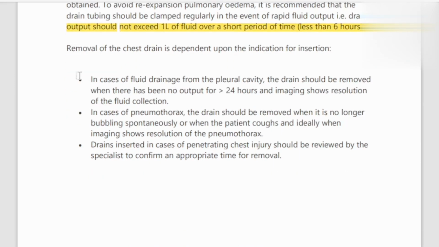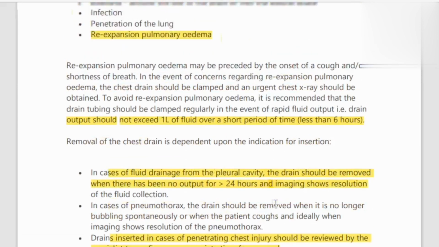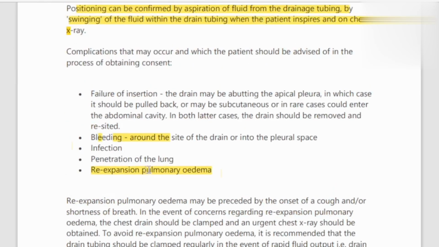If it is a massive pleural effusion, do not drain the whole amount rapidly, but slowly and gradually, to prevent re-expansion pulmonary edema. Output should not exceed 1 liter of fluid over a short period of time, less than 6 hours. So when to remove the chest drain? When the insertion indication is completed, like fluid drainage of the pleural cavity, the drain should be removed when